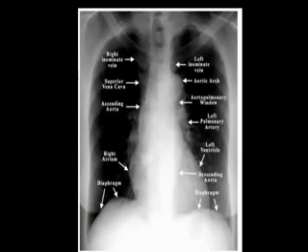Just to identify the borders: the right innominate vein on the right side. This is the right border of the mediastinum. On the right side, you can see the right mediastinal border and the left mediastinal border. On the right side: right innominate vein, superior vena cava. This is the ascending aorta, right atrium, and a small portion of SVC will be seen sometimes. Sometimes it will not be seen. The right auricle will be the right atrium, with some amount of SVC and IVC. So the right cardiac border: right innominate vein, superior vena cava, ascending aorta, atrium.